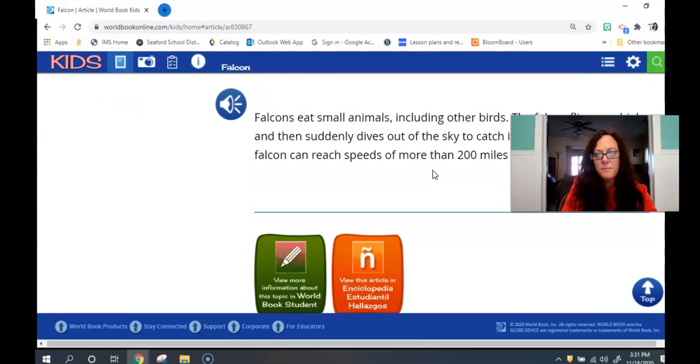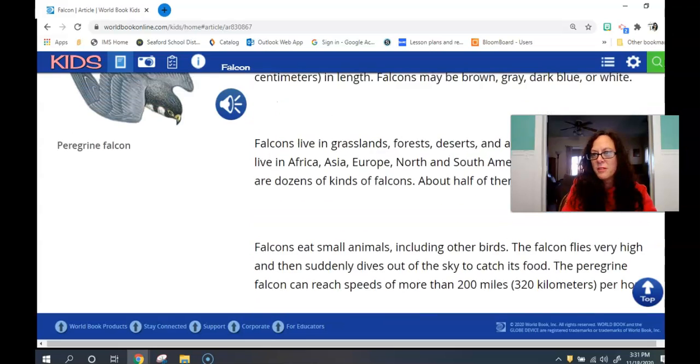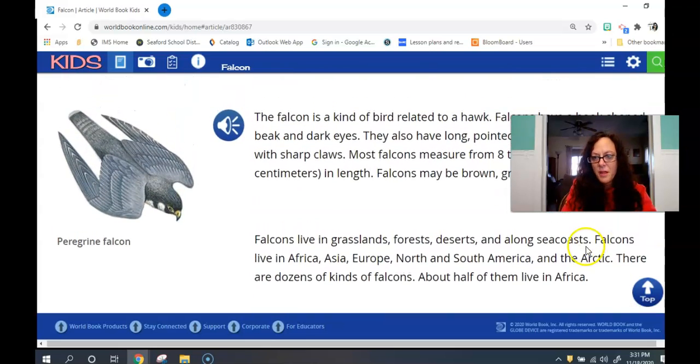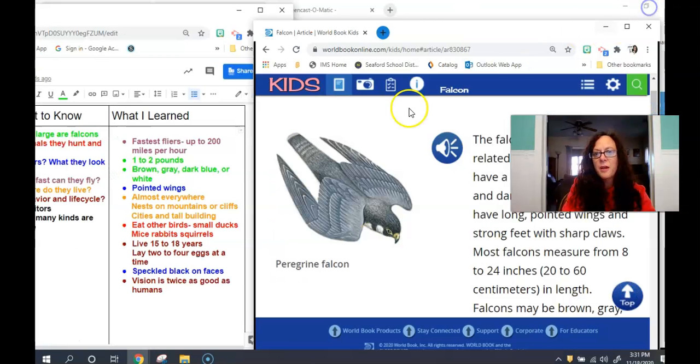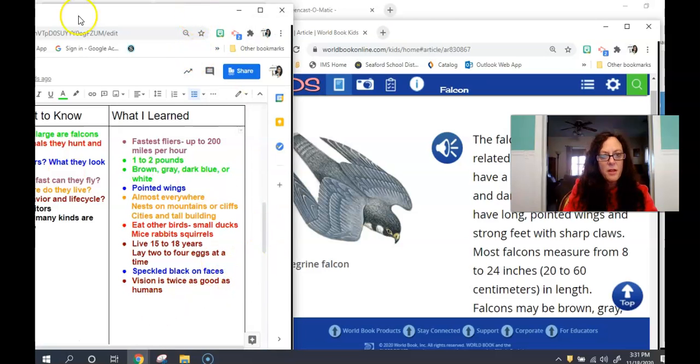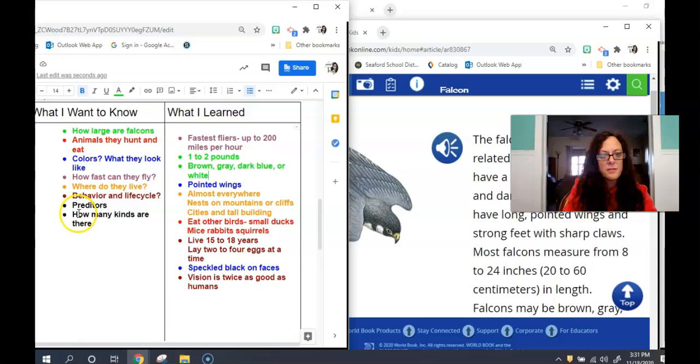So let's go back up. Oh, I'm having a little trouble with my scrolling for some reason. So it does say here there are dozens of kinds of falcons. Half of them live in Africa. So if I wanted to put that in for how many types there are, I could do that over here on my Google Doc. So let me put that in really quick. So how many kinds are there? All right, so let me go ahead and put that there are about 12 different